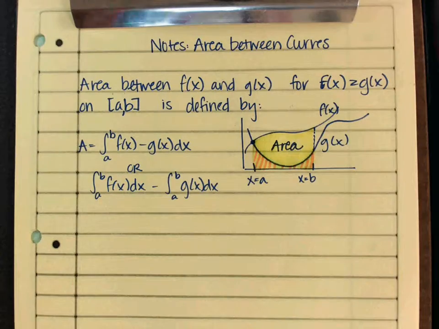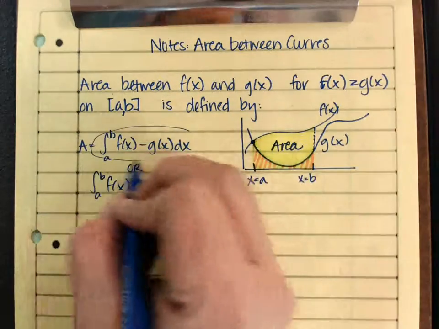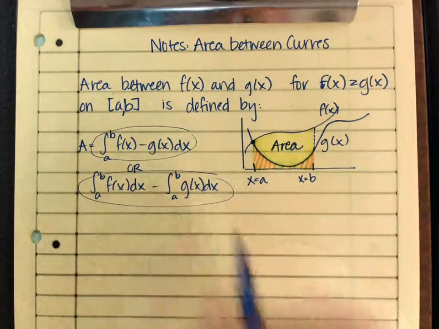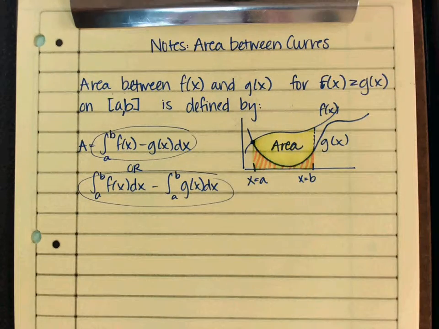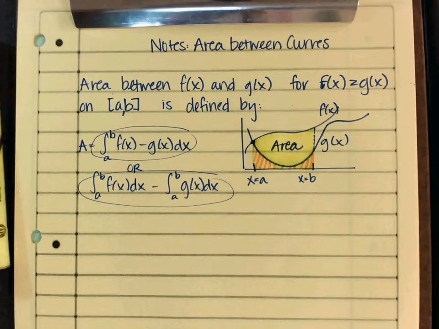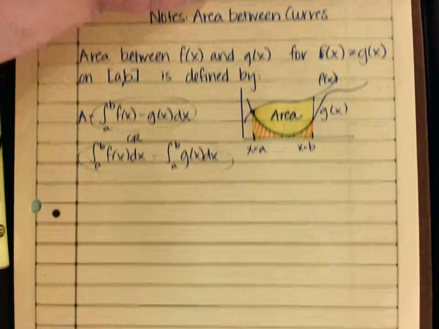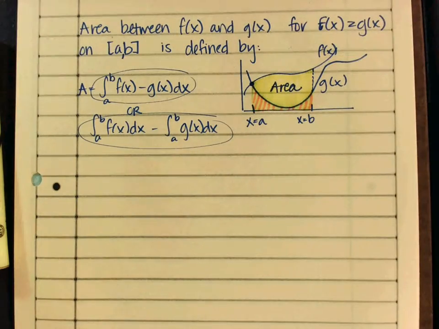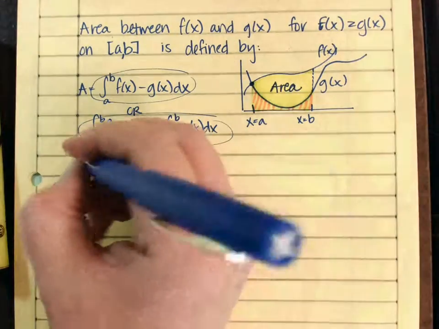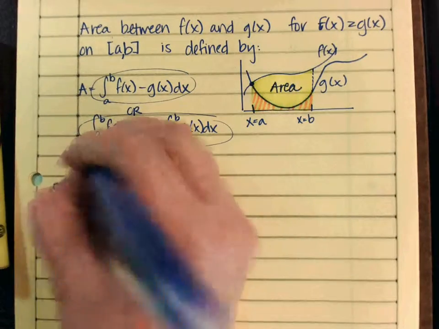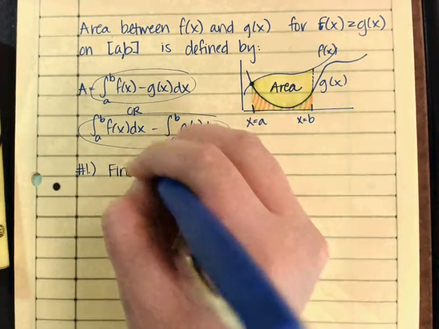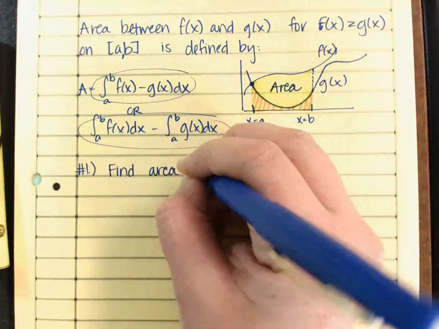So either one of these is fine. So you can put them all together in one integral, or you can put them separate into individual integrals. Okay? So quick little example here. We are not going to work these all the way out. We're mainly going to practice setting up the integrals. So let's say that you wanted to find the area enclosed between